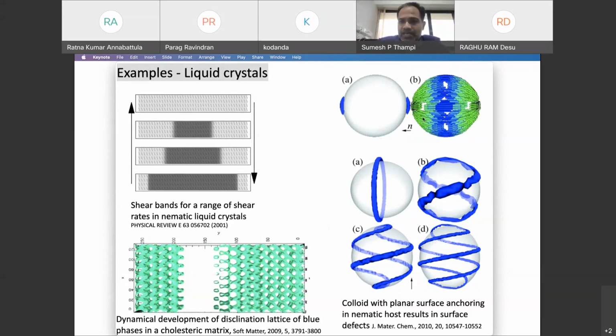So here on the right hand side, what you're seeing is a colloidal particle with a liquid crystal around it, and these blue patches are supposed to tell you about the defects that form on the surface of a colloidal particle. And the defects could be very complicated, as you see in the later figures, and Lattice Boltzmann has been able to successfully figure out these structures. And this has been very important because otherwise getting these shapes without computation is a pretty complicated thing. Okay, so it is only with the simulation that you can calculate these things and then start comparing